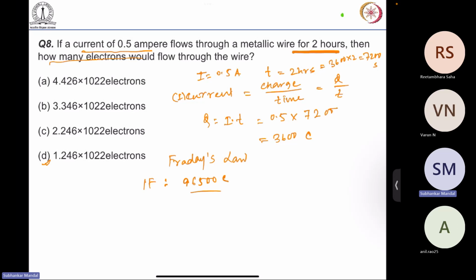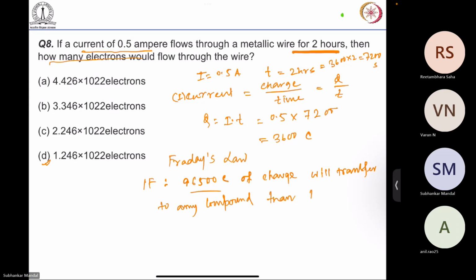If this much charge is transferred, then one equivalent of that compound will be deposited. 96500 coulomb of charge transferred to any compound,